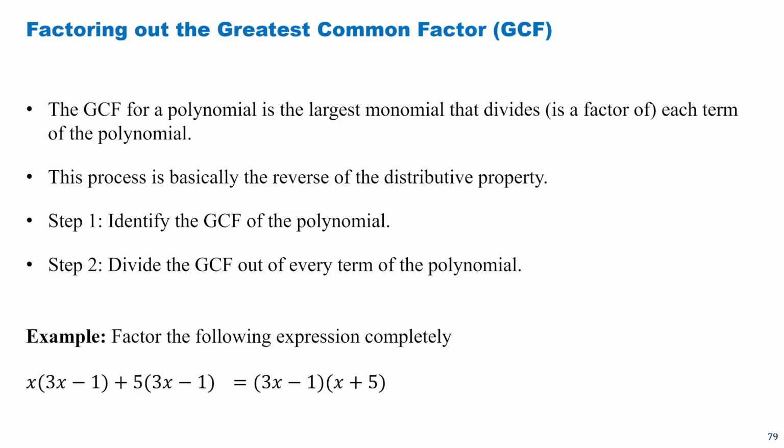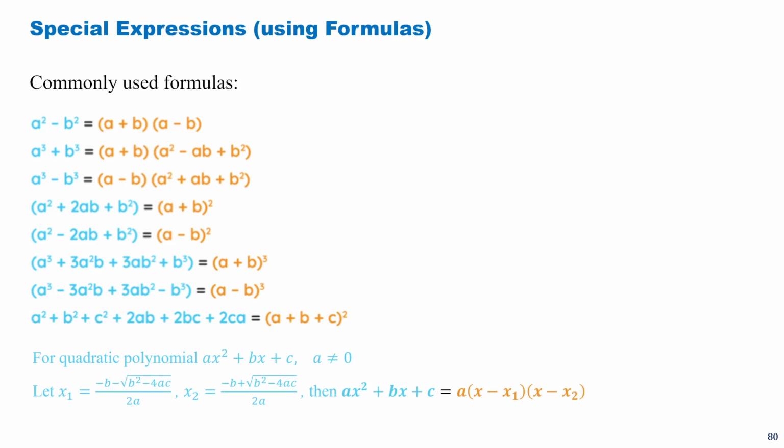For example, if you have an expression like this, this is a polynomial in terms of x, right? And apparently 3x minus 1 is a common factor, so we can put it in front. And then what's left in the parentheses is just x plus 5, right? So in this way, we can factorize this to 3x minus 1 times x plus 5. Then if you want to find the zeros, there are 2 zeros. One of them is 1/3, and the other one is -5. Both with order 1, right? Okay, so this is a simple method. If you observe there is a greatest common factor or GCF, you can just factorize that in front of the expression. And the second method is